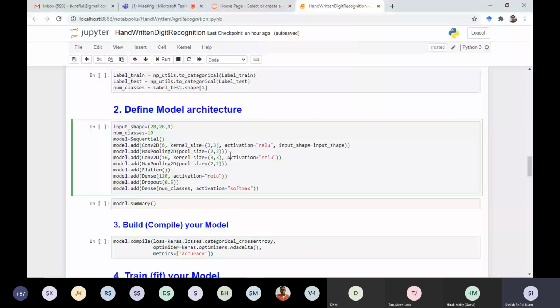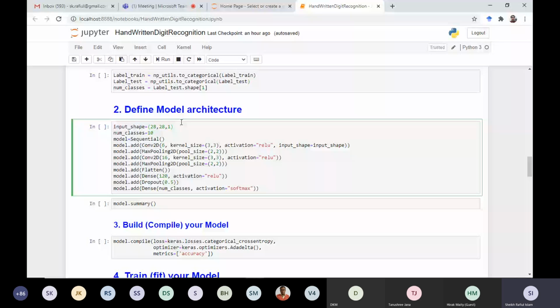See, here we need to define this input shape. The input images have 28 cross 28 spatial dimension, and it is not a color image, only one channel. So that's why these values are like this.